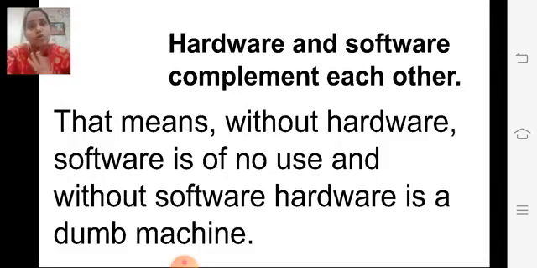Windows operating system is not there. Any operating system is not there. So your computer will not work. You cannot start the computer without the operating system. Understood children? So both are important.